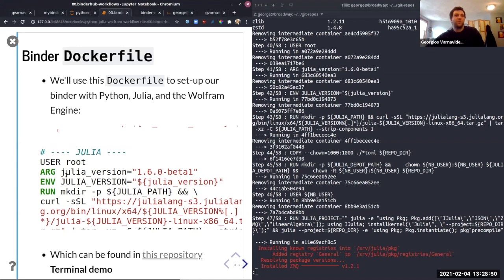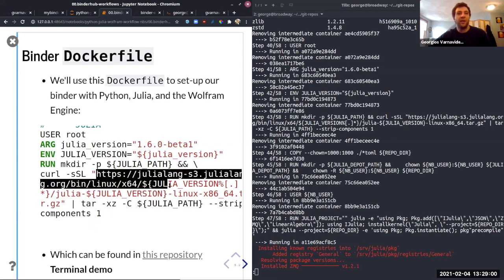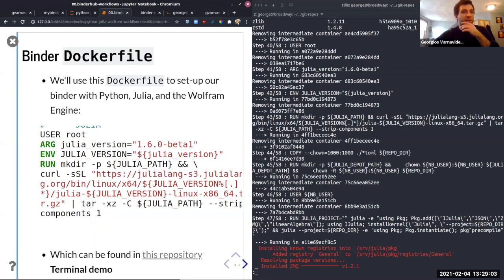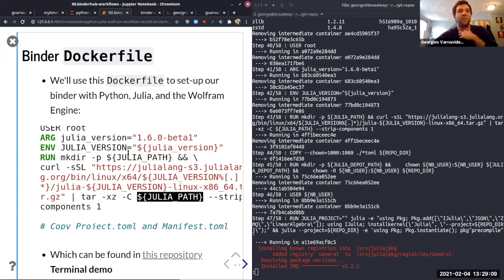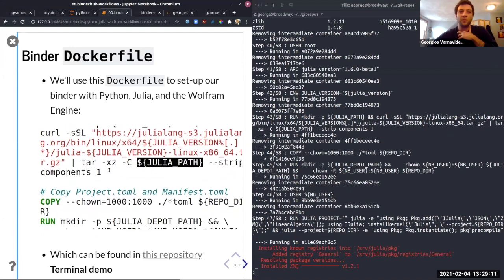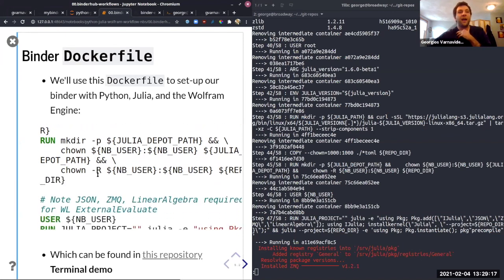So we switch back to being root user. We specify the Julia version we want to install. In this case, I'm running 1.6. And we're just downloading the Julia binary from the download page, and we're just untarring this inside the Julia path that we specified above in an environment variable. And what we do is that we copy the local project.toml and manifest.toml files that we had, and then finally